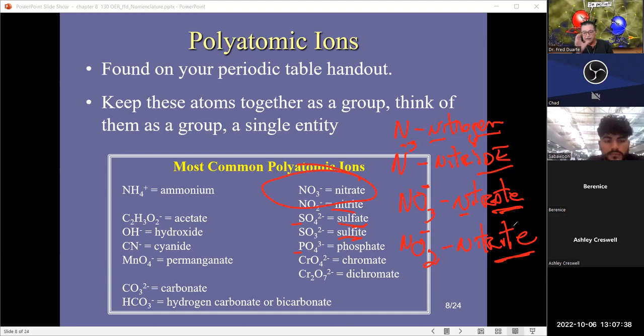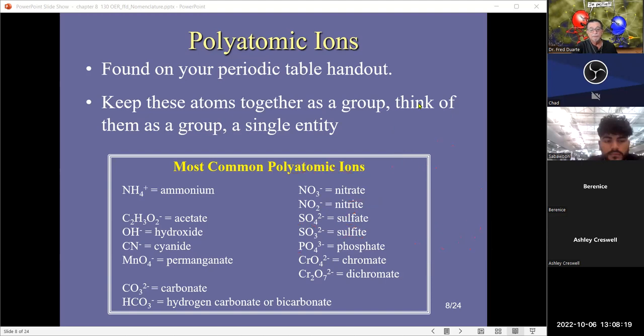The ATE is that atom attached with oxygen with in this case, a -1 charge. It could have a -2 charge, look at the sulfate. And then the ITE, also nitrogen attached to, in this case, 2 oxygens. Generally, when we compare the ATE with the ITE, the ATE has the most oxygens and the ITE has 1 less. Look at nitrate, has 3 oxygens, the nitrite has 2. The sulfate has 4, the sulfite has 3, okay? All right, so